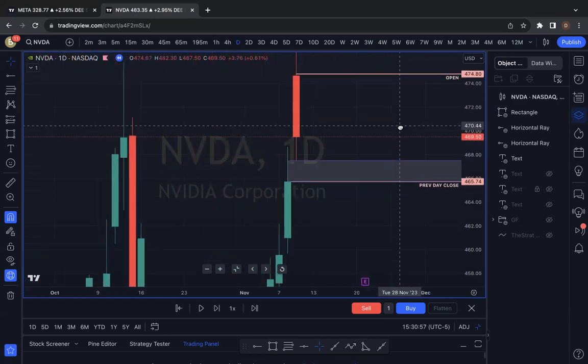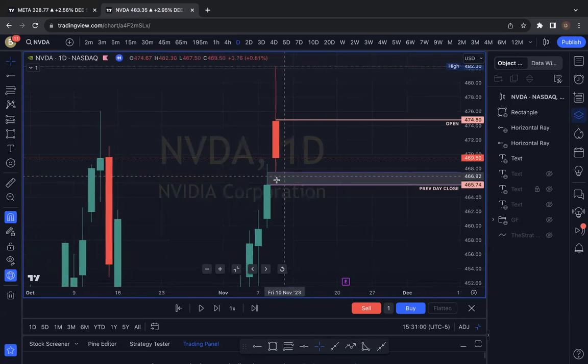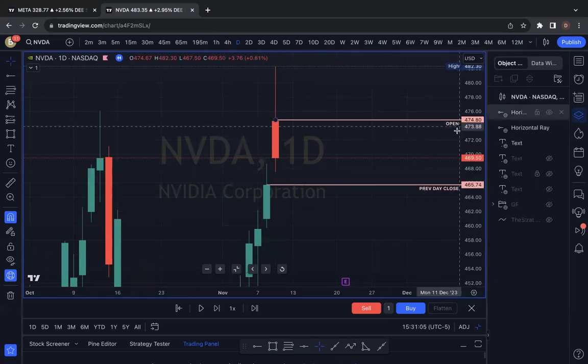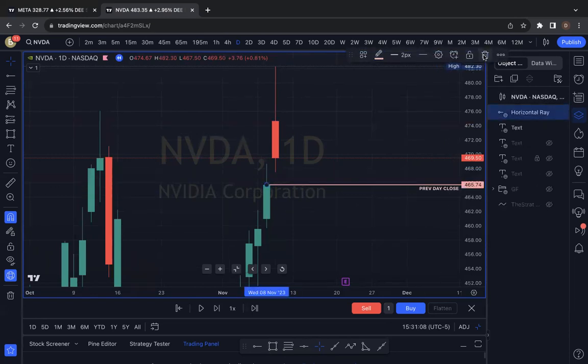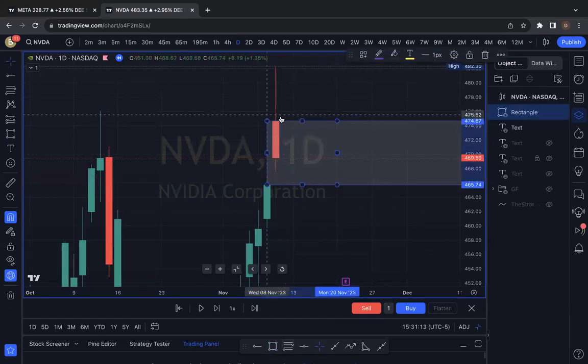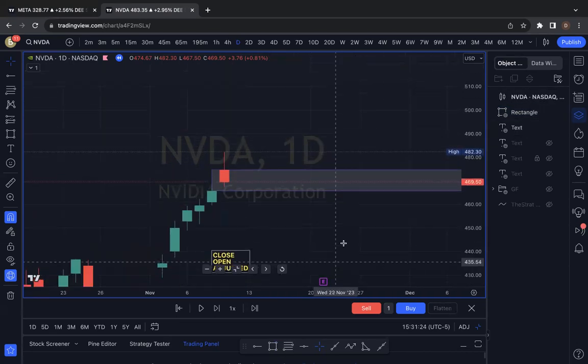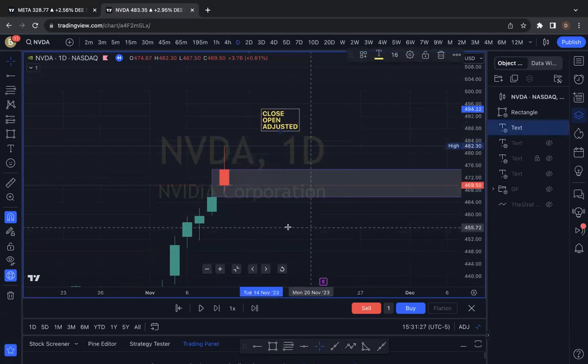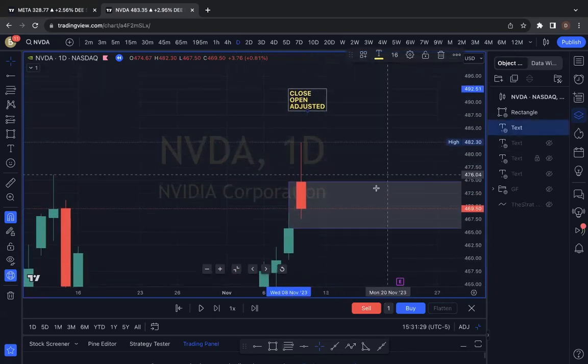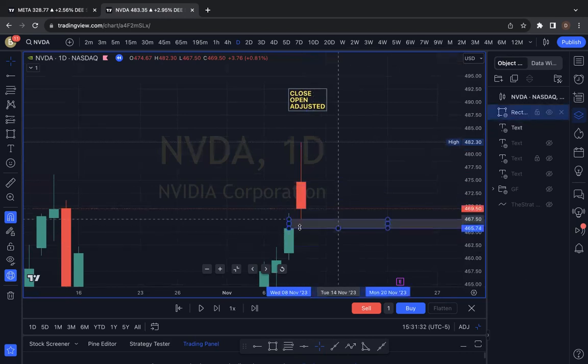And as you can see, we are pretty much spot on. That is the gap that is correct, that is left, and that is how I would have drawn that gap when I'm drawing gap for analysis. I would have drawn it from close to open. This is a tricky one because technically this is the open, right? This is a red candle, so that means it opened here. And let me get back my text so we can keep it close to us. So close to open, and then I